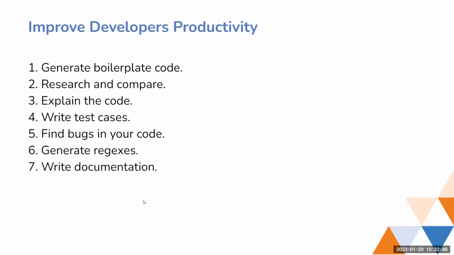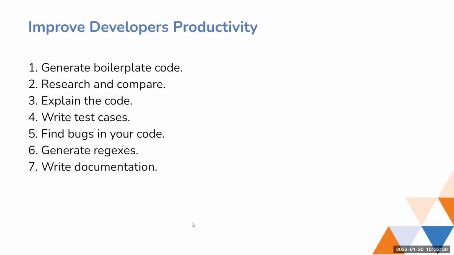Research and compare. Suppose there are many different ways to implement something. My usual approach is to build a rough POC of two competing approaches and compare them. ChatGPT can do that for me. Say, for example, I want to sort some data in terms of time and space complexity. It will give us some suggestions, like sorting my data in order of n time complexity. Then it will give me some algorithms like bubble sort, insertion sort, and so on.